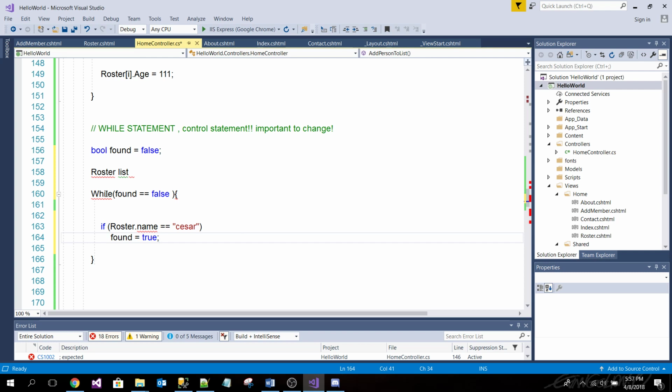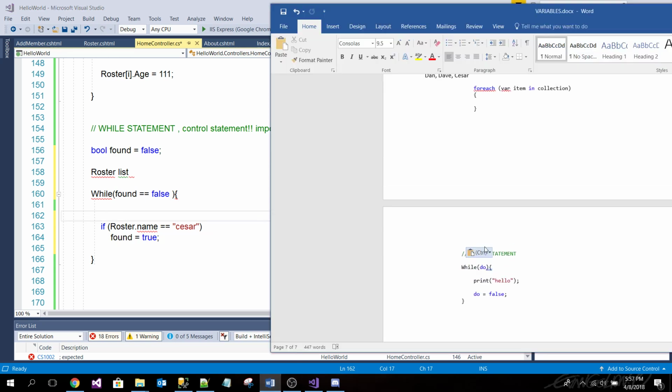So this is going to go through, well, found equals false here, right? And this is going to happen while false equals false. So the first time we go around, false equals false, then we go in? Yes. Okay, so we go in. Let's say we go through here.